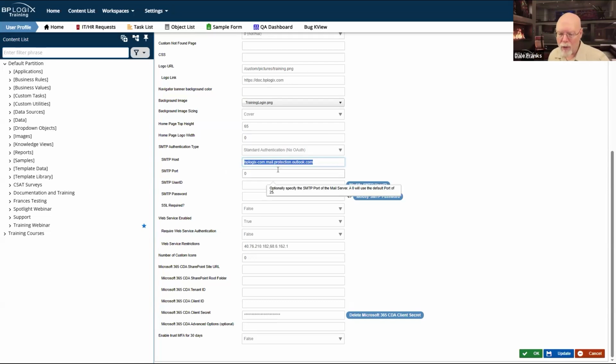You have all this stuff where you can set up your SMTP port and your user ID and password for a specific account to send email, set up your SSL, all of that stuff. That's all great. You can do that. But the way Process Director sends mail, if you are sending it through a fully configured SMTP system with a user ID and password, is that it's going to send that email to that inbox for transmission, and then it's basically going to hang up on the mail server.